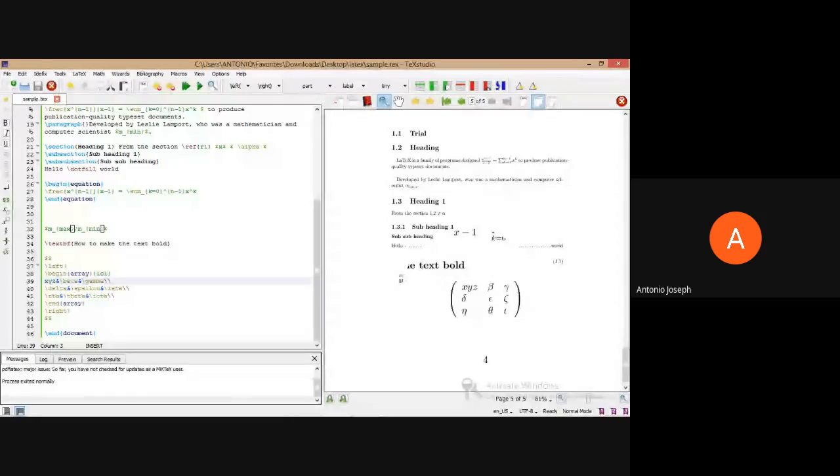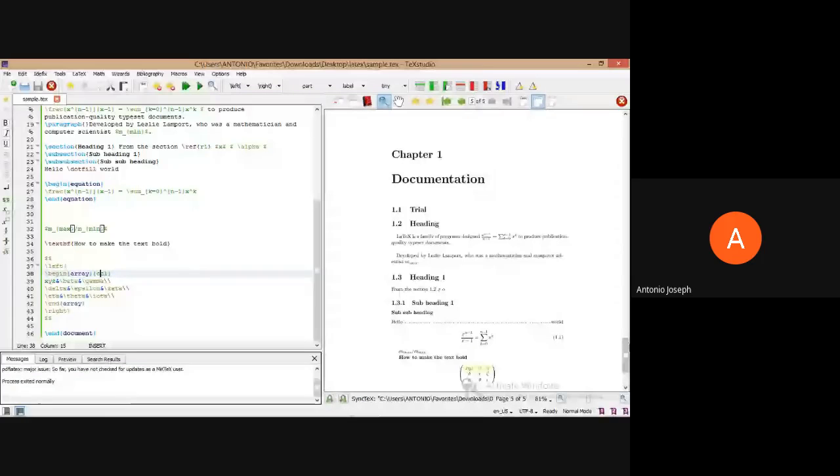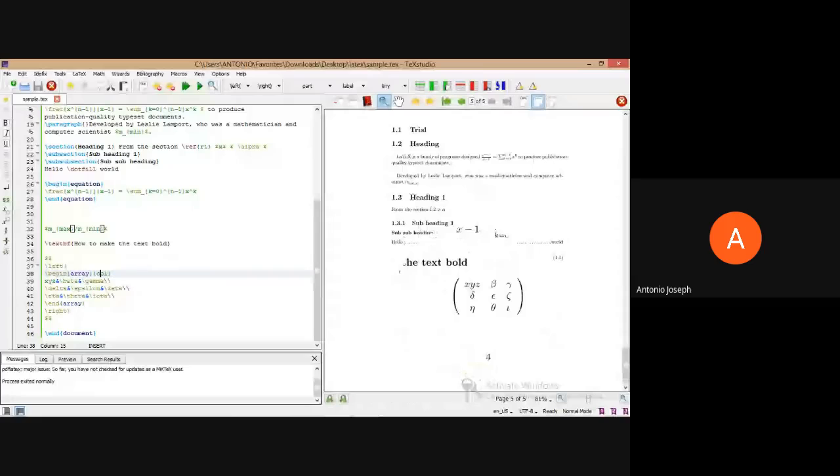Now suppose I provide it as a central align. See, now it's aligned central. Similarly, we can provide right alignment also for that particular column.